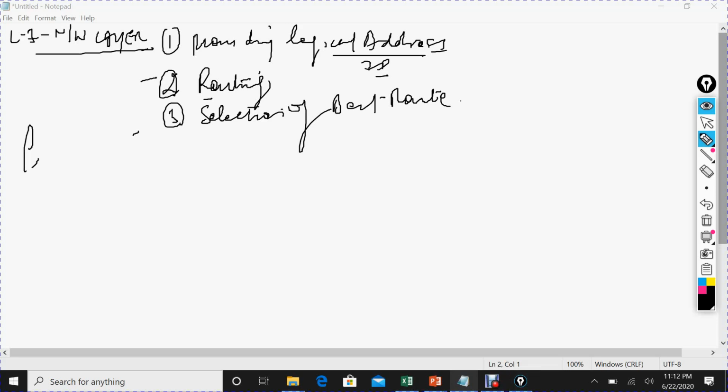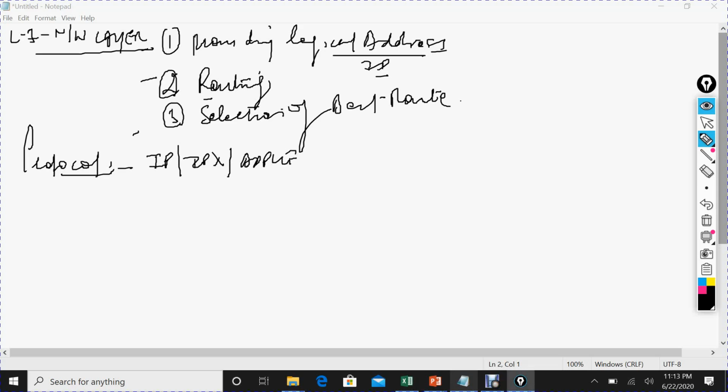Now about the protocols, which is very important, because I will clear up one concept here related to protocols. The protocols which work at the network layer are IP, IPX and AppleTalk.